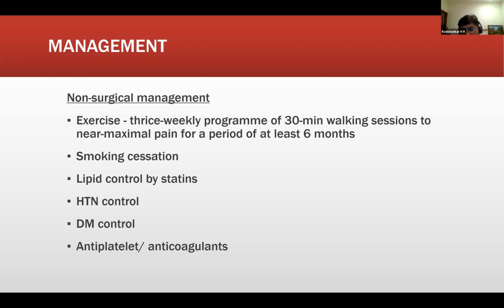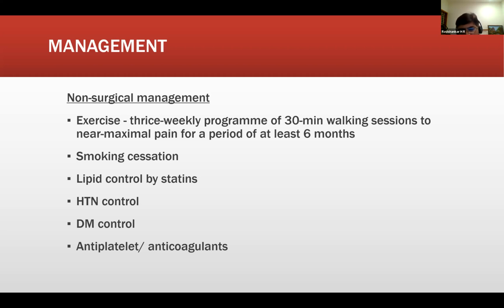I think you should have quoted figures for every single risk factor, because non-surgical management forms an extremely important part. A large cohort of patients with peripheral vascular disease are managed with what is called best medical management, and that is actually the cornerstone of all peripheral vascular disease. Interventions are only about 25 to 30% of patients. The remaining are managed with best medical management. So you should elaborate on all these things.